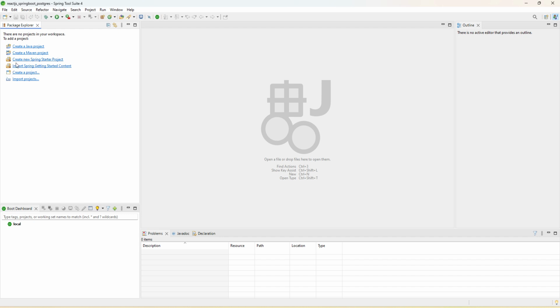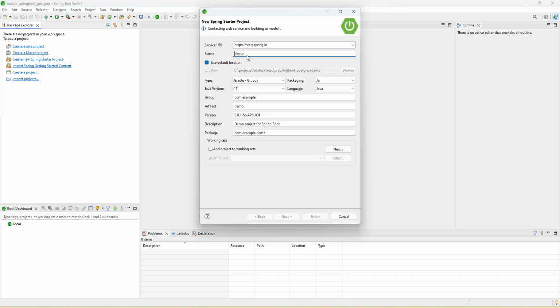Fine. We can use this third option, Create new Spring Starter project, to create our Spring Boot application. Here we can name our application employee-service. We can use build type as Maven, packaging as Jar, Java version as 17, and here we can use group as com.employee, and artifact ID is employee-service, and here we can add a description like it's an employee service